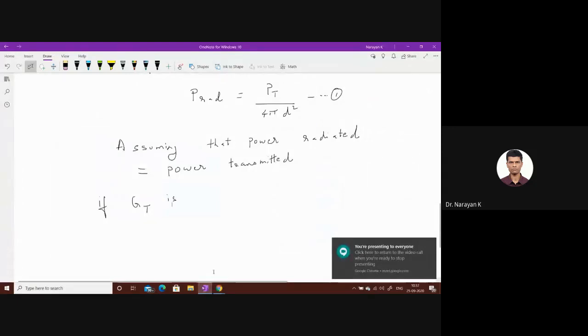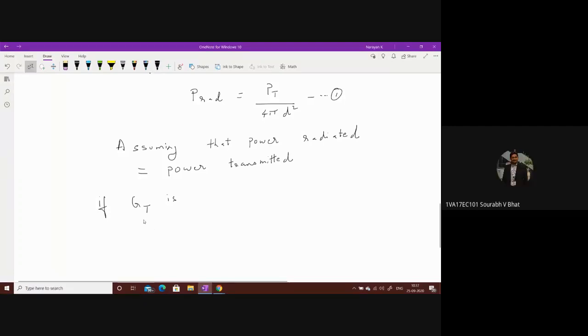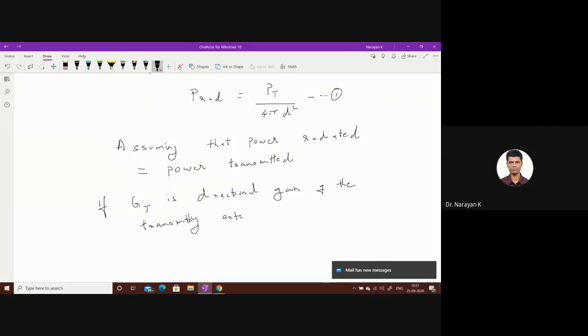Fine. Write down. Can you see my screen? Yes, sir. Okay. If GT is the directional gain of the transmitting antenna,